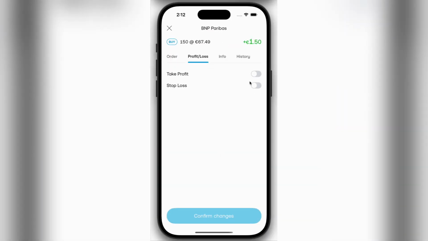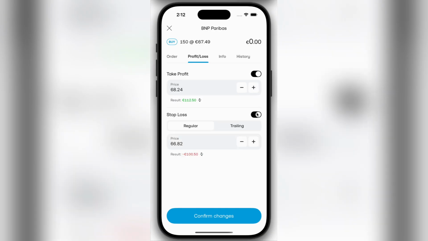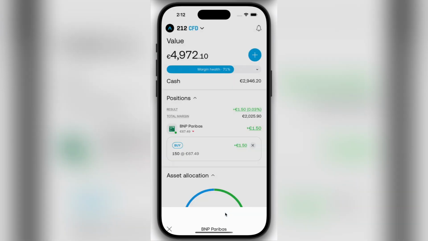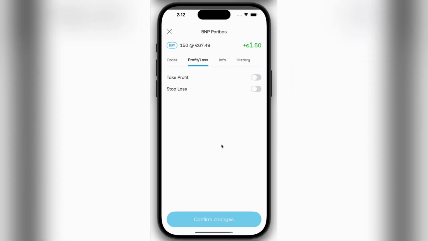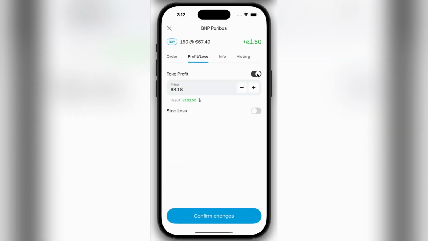A stop order acts like a safety net for your trades. When the stock price reaches your stop price, Trading 212 will automatically sell your shares to prevent further losses. There are two types of stop orders: buy stop and sell stop. When the stop price is hit, the stop order becomes a market order and executes at the best current price